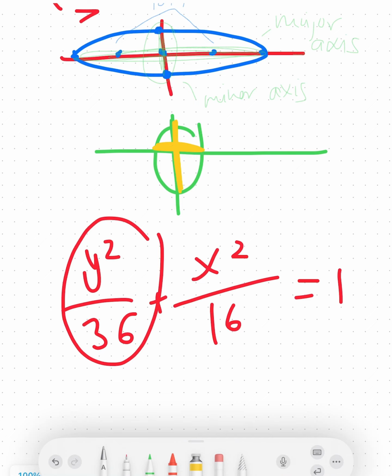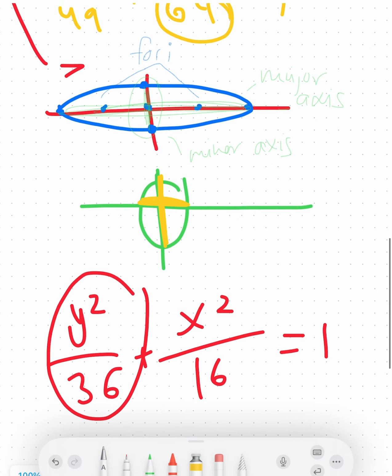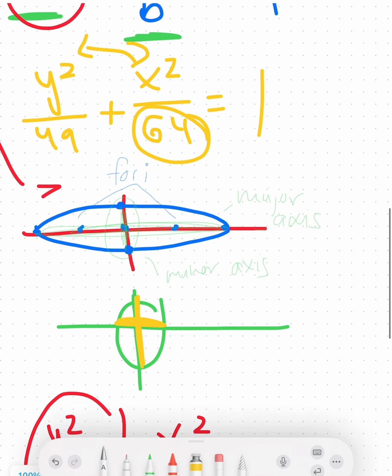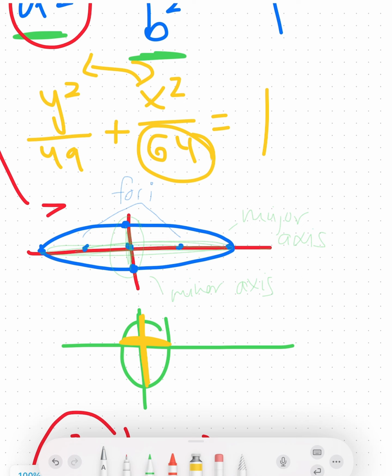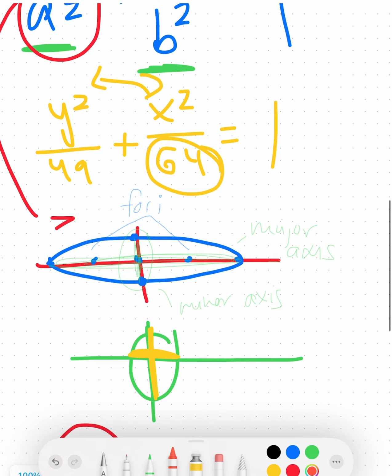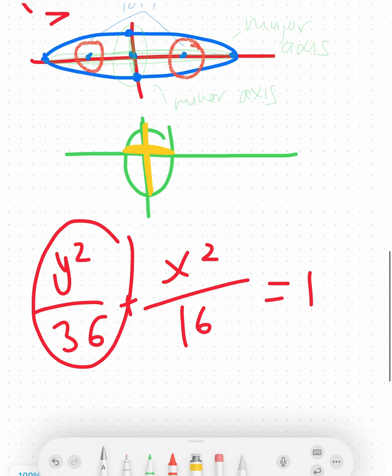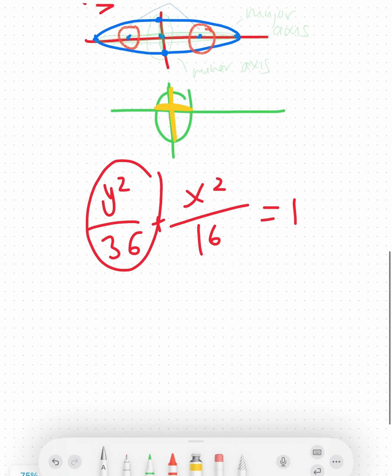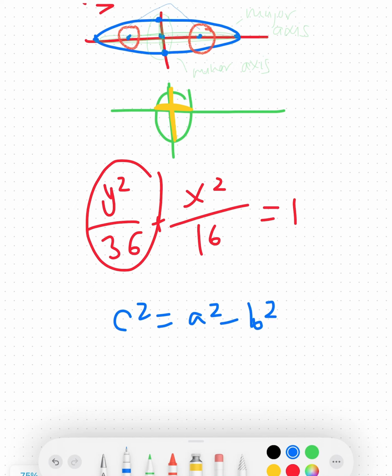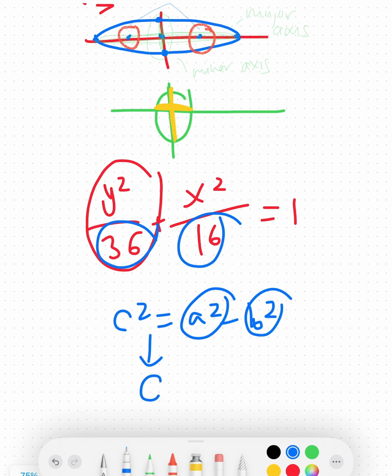And then now, another important part to know is how to find these dots, the foci, okay? And let's start out with our basic formula, whatever you want to call it. c squared equals a squared minus b squared, okay? So a squared minus b squared is these values, right? So we can get c out of this, okay? And then the foci is equal to